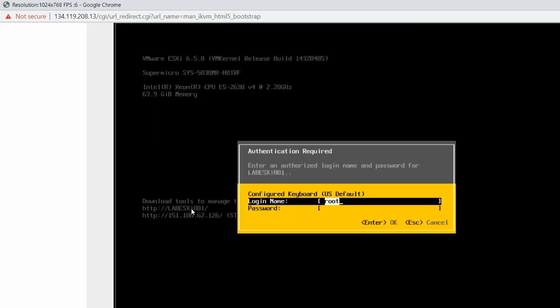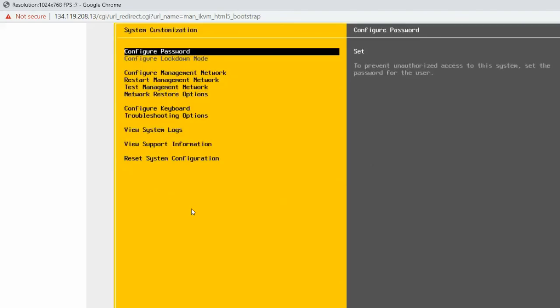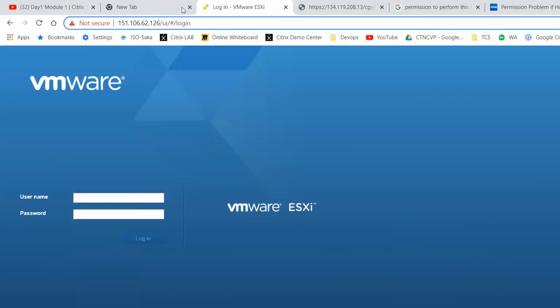Now press F2 and enter the new password. I'm successfully able to log in, no issues. Escape, and now minimize it.